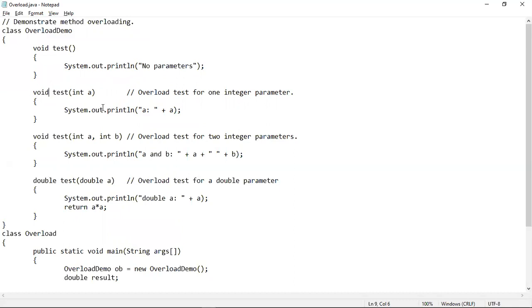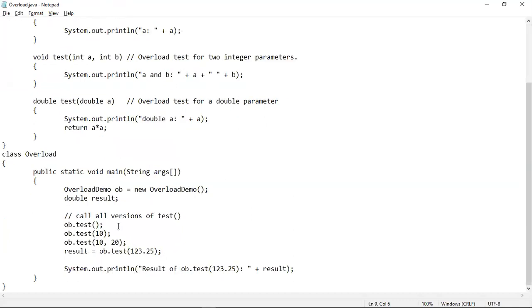But here you can see that the call that is being made to the overloaded methods has been made depending on the parameters or the values that are being passed to the parameters. That means whenever the values are passed to the parameters, the compiler will find a match depending on those values. If no match is found, obviously some error will be displayed. If the match is found, then that version of the overloaded method will be executed.